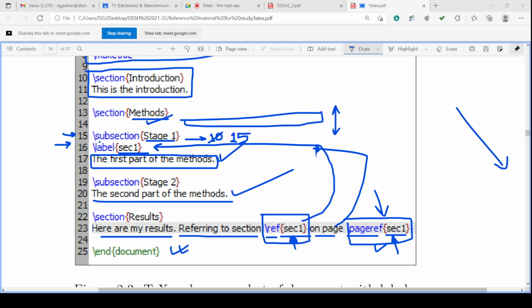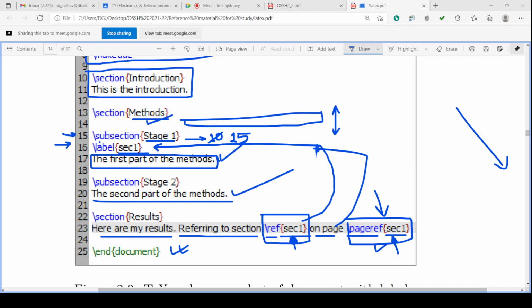There may be a lot of labels, and you can give them accordingly. Wherever you have to take that reference, you put the same name of the label at that reference point, so that it creates the hyperlink, and if that hyperlink is clicked, it will refer to the section and the page number where it appears.